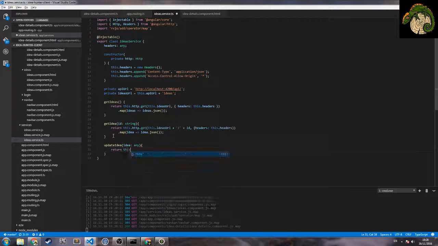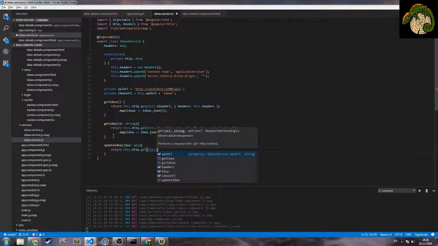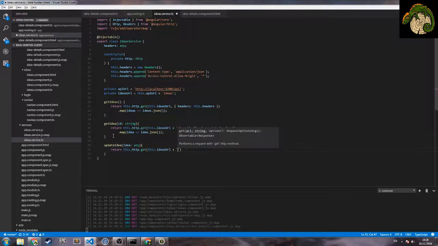So return this http.get. Then we have this ideas URL. Then we need to write the ID after the slash. So idea ID, and then the headers